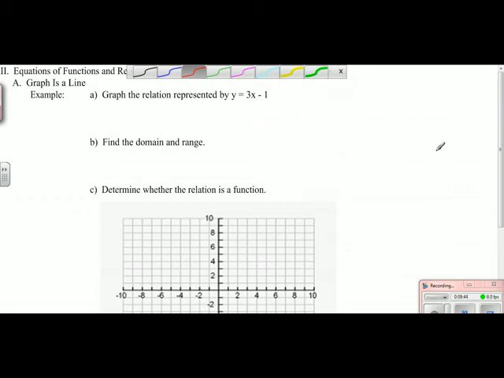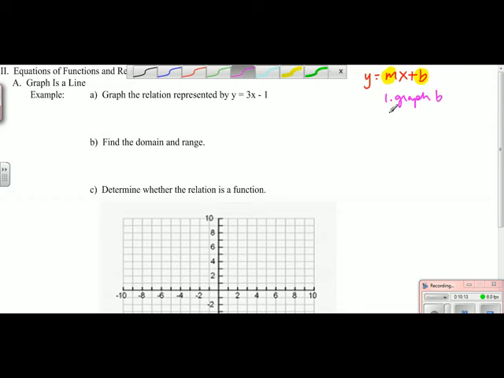Now, graphing a line. Remember, the key to line graphing is y equals mx plus b, where m is the slope and b is the y-intercept. The slope is always with the x-coordinate, even if these two are flipped around. The y-intercept is always the constant. When you go to graph, you graph